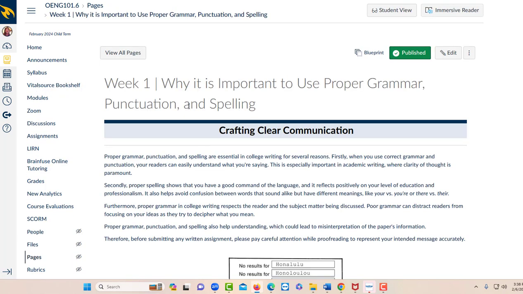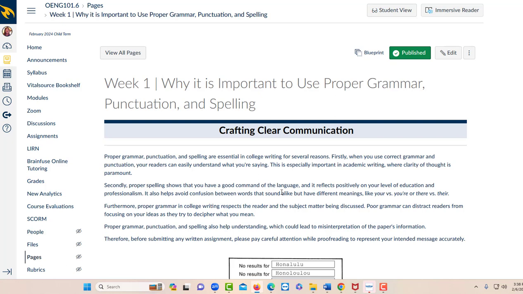Week 1. Why is it important to use proper grammar, punctuation, and spelling? Proper grammar, punctuation, and spelling are essential in college writing for several reasons. First, when you use proper grammar and punctuation, your readers can understand what you're saying. This is especially true and important in academic writing, where clarity of thought is paramount. Secondly,